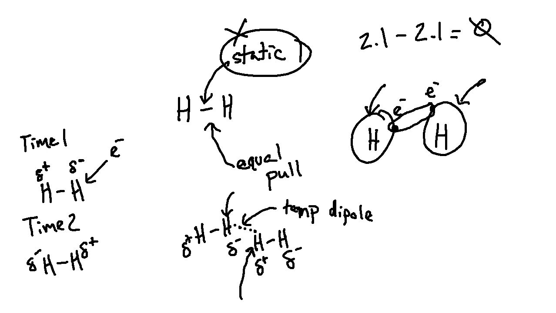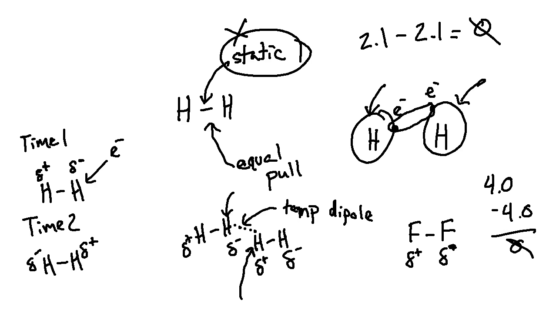And I know I was using hydrogen here, but just keep in mind this is still going to apply if you have something like fluorine and fluorine. Just because fluorine is the highest on the electronegativity scale, it's again a 4.0 minus a 4.0. You don't have any type of pull. And so these are equally matched partners. I would expect the same exact thing here, where at one moment I'm going to see, oops, I'm going to